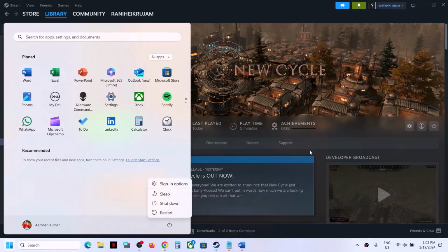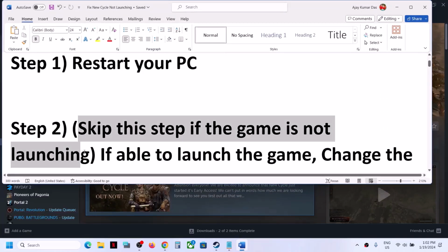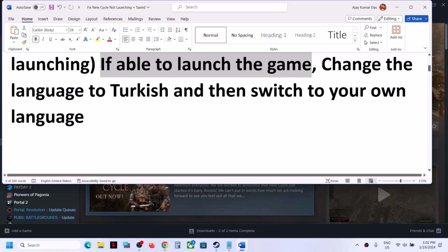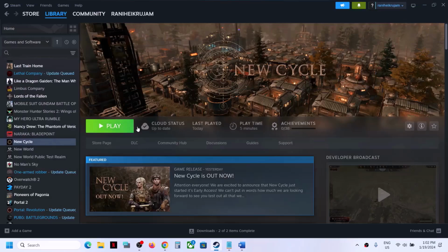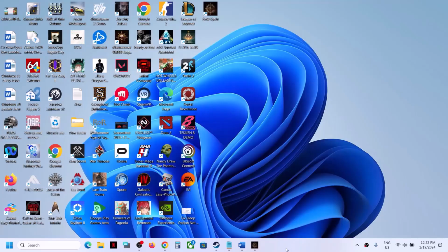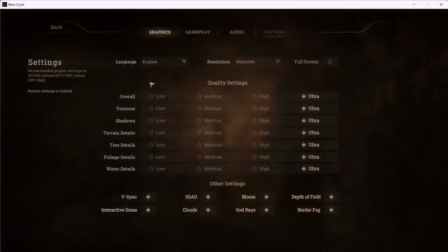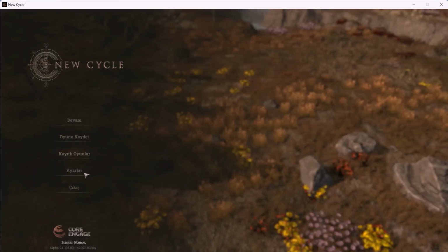Now if you're still facing the problem, the next step is to change the language. You can skip this step if the game is not launching. But if the game is launching, then you can change the language to Turkish and then switch back to your own language. So if you are able to launch the game first, now go to settings, and then over here you can see the language option. So click on this down arrow and then select Turkish language,